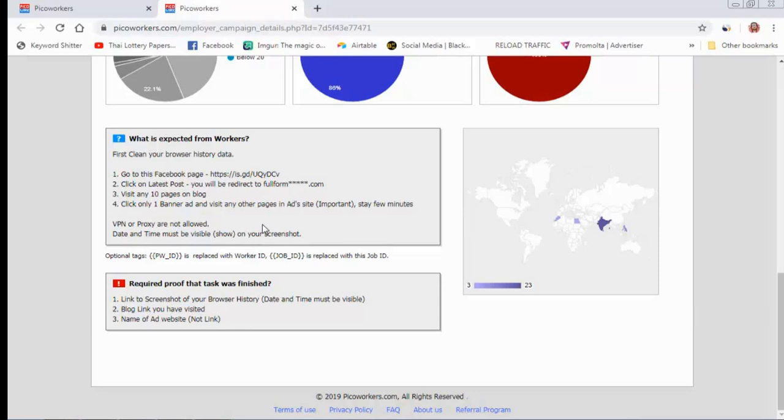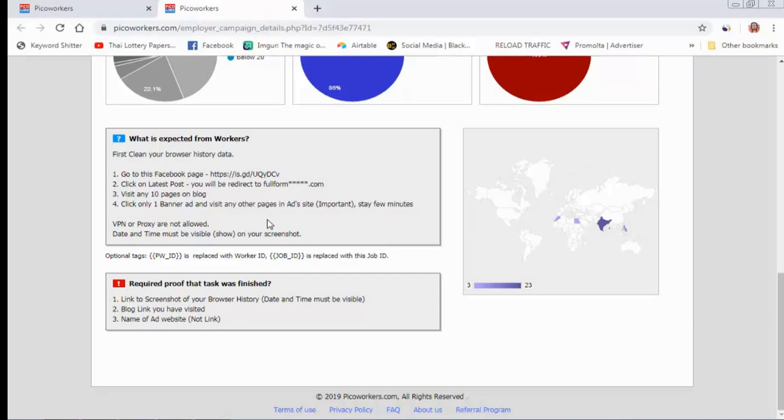I think this is a technique I used three months ago, but now Google is very powerful. Now you cannot use this type of campaign with Facebook traffic. So I suggest you, as a teacher, always run campaigns from search engines, because if traffic comes from a search engine, Google does not have any problem. If you send traffic from a Facebook page, from Pinterest, or from Twitter, then your Google AdSense account gets ad limit problems. Now you know many people are facing the ad limit problem.